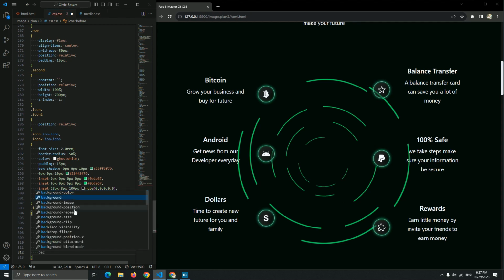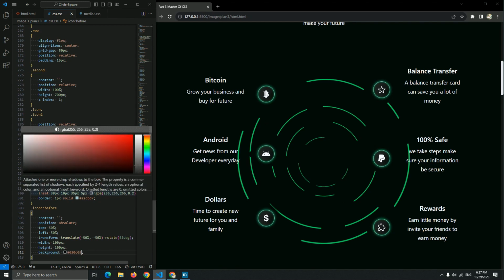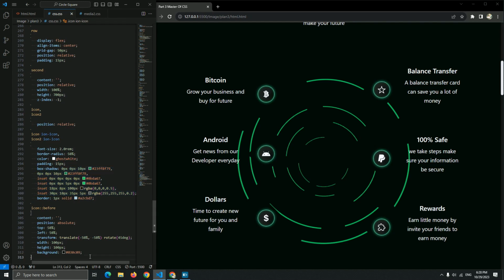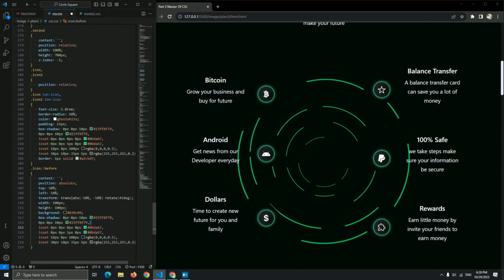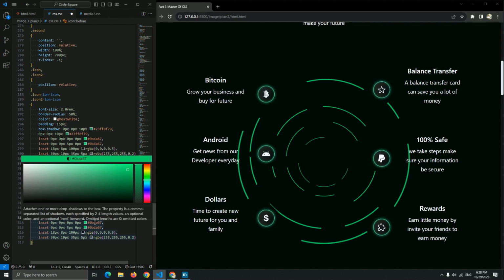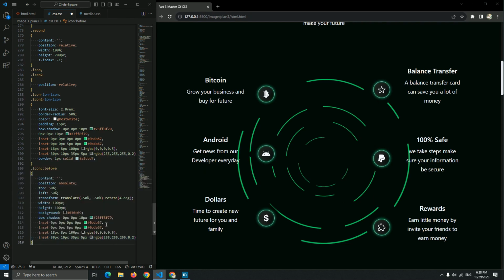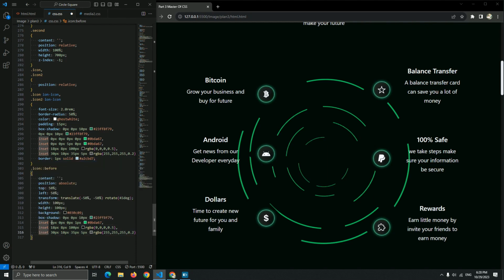Okay, now let's create a background and the box shadow. So background, let me add this color, just like we added in the body. Yep, and this color, as you can see, we created here. And now for the box shadow, let me just copy it, paste it here. Okay, I think we want to create a black color, so we don't need this first. Let me just delete it. Okay, this is 10 pixel, nice. And yeah, let me just delete this. Yep, that's enough for this.